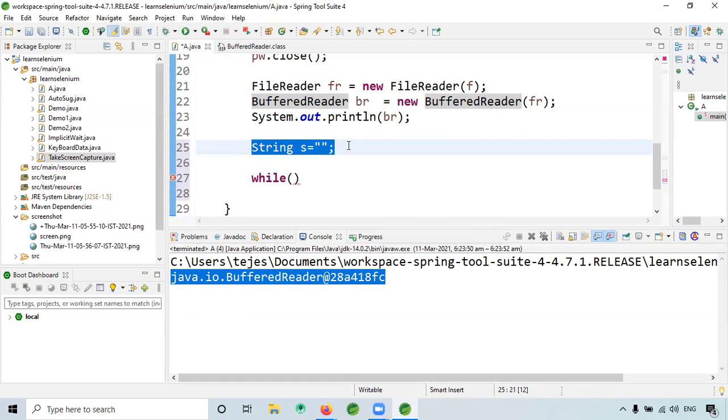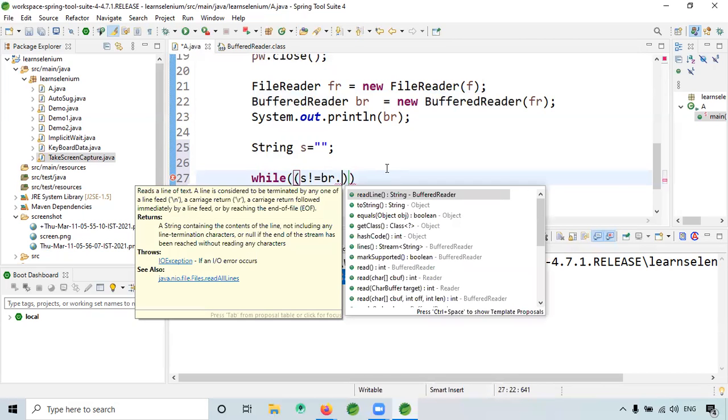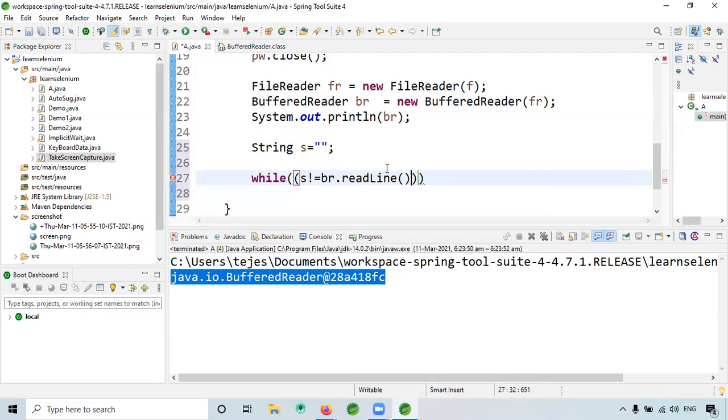For that, I will declare a String variable: while s is not equal to null, where s is equal to br dot readLine.